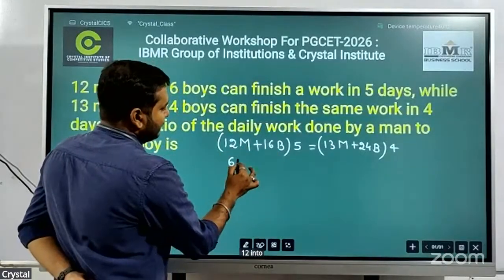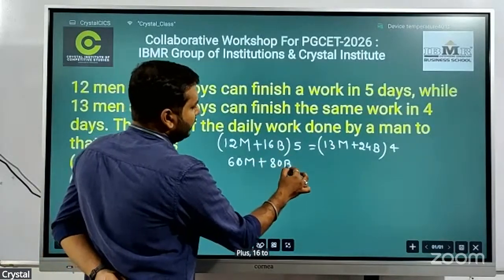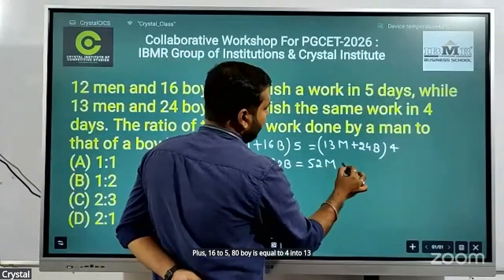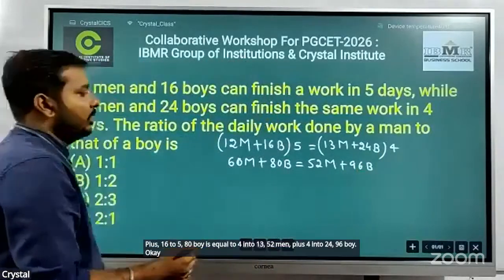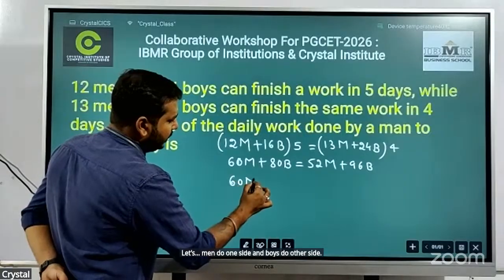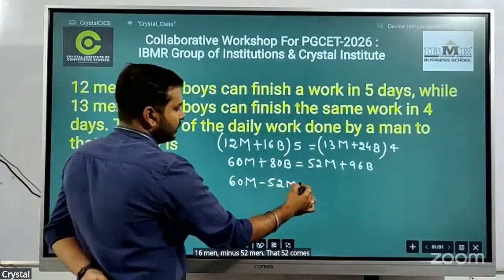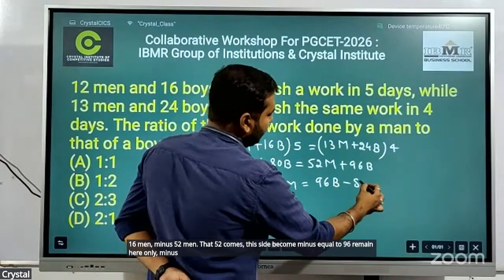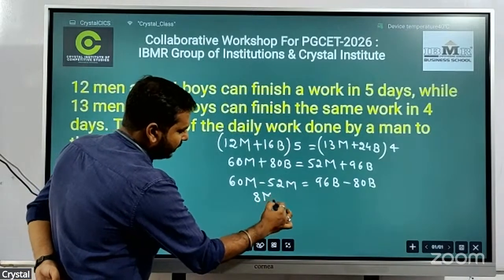12 into 5, 60 men, plus 16 into 5, 80 boys, is equal to 4 into 13, 52 men, plus 4 into 24, 96 boys. Let's put men on one side and boys on the other side. 60 men minus 52 men, and the 96 boys remain here, minus 80 boys, becomes this side. Subtracting this, 8 men is equal to